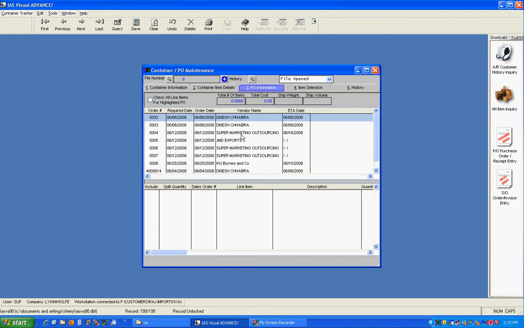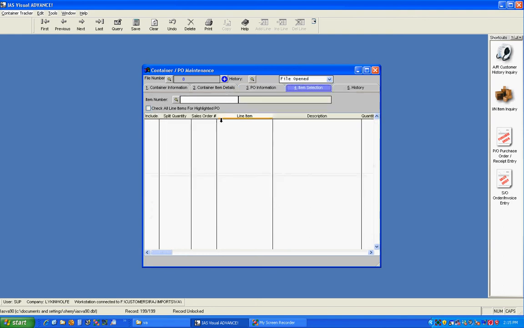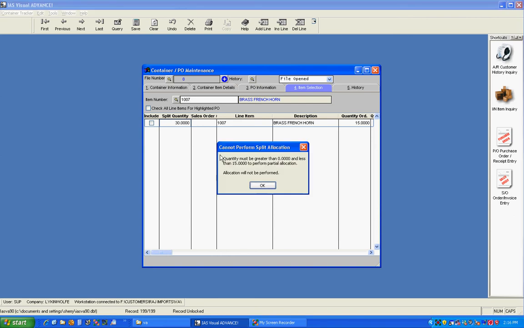Let's go to the PO information. In the PO's information, you would pick the purchase order that you're putting on the water. So let's say it's this one right here. So 1007 is one. So if I go back over here and I put 1007, it shows me the purchase order that it's on. Now, this says that I'm expecting to get in 15 pieces. Let's say, for instance, the vendor only shipped me 3 pieces. I can do what's called a split quantity, put 3 pieces here, and the system will automatically split the line for me on the purchase order